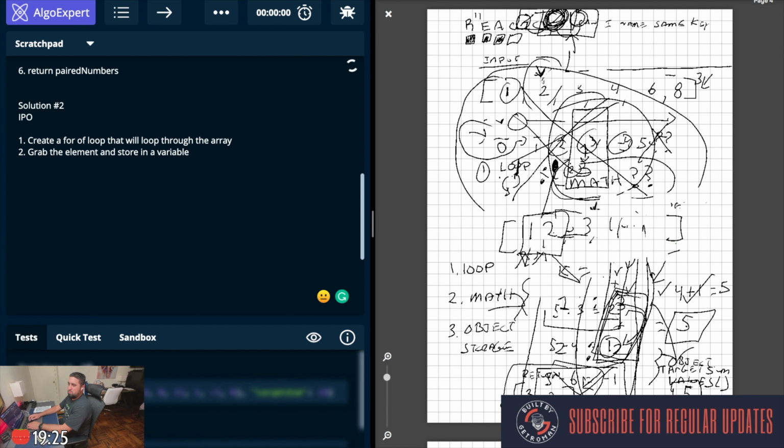It's creating another variable. How much memory does that take up? And we're talking about JavaScript here, so yeah. Anyway, so grab the element and store it in the variable, right? Like I did before in the first solution. And then